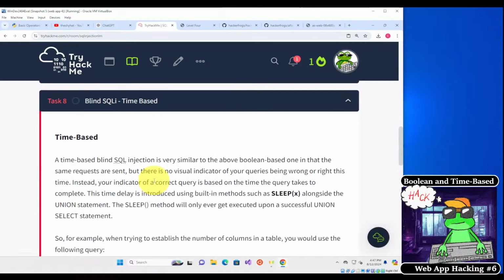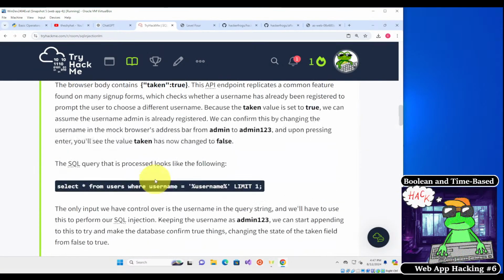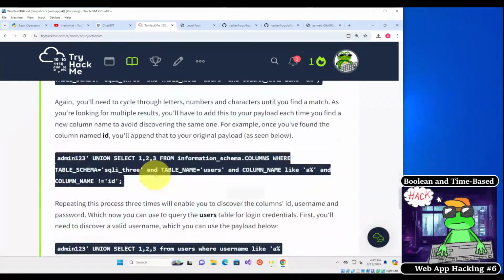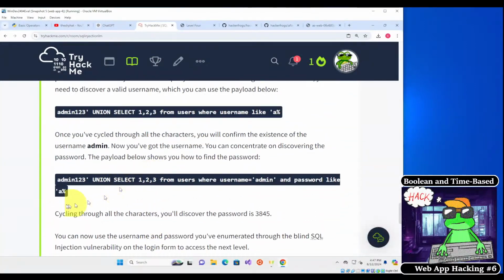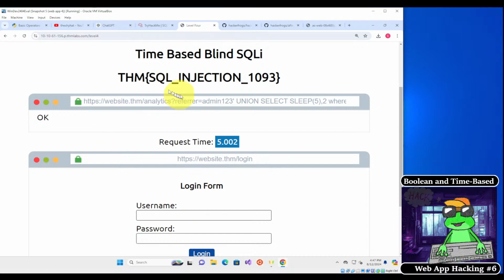we're going to grab the last payload we did for Boolean based. So that is this one right here. The only thing we need to change about this payload is that we need to include the sleep function, and we need to remove one of these columns right here. Okay, so I'm going to grab this, and then go to the injectable payload. What I need to do is include sleep